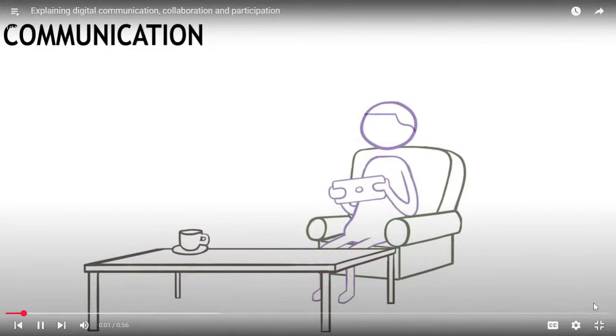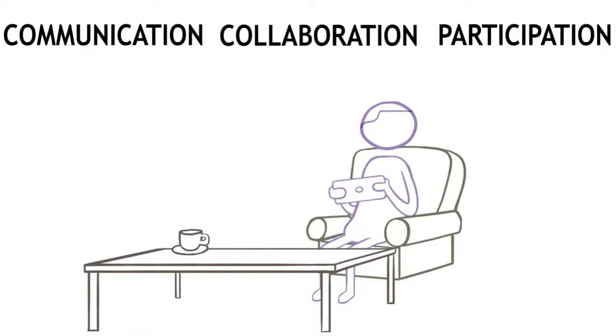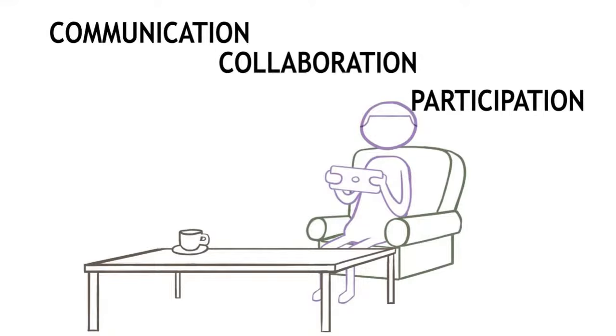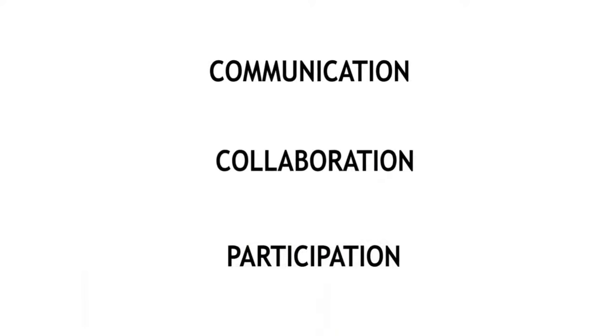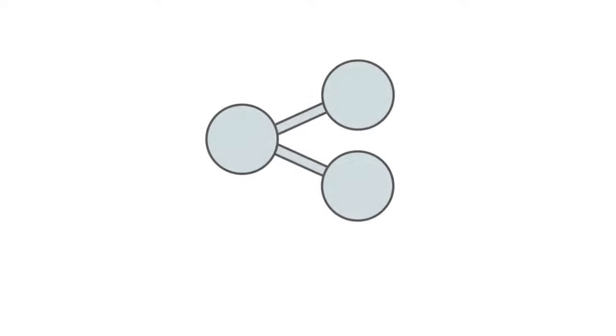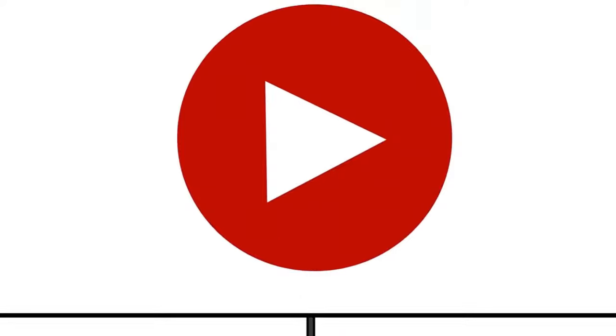Digital communication, collaboration, and participation looks at the way in which you interact with others. It focuses on how you work with people, join in, and connect through digital means. Some examples of the types of digital capabilities you might consider here are communicating with others using a variety of different tools such as email, social media, photo sharing, presentations, and video.